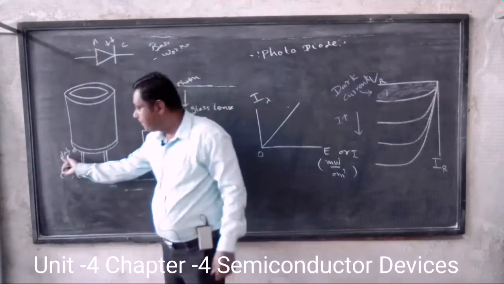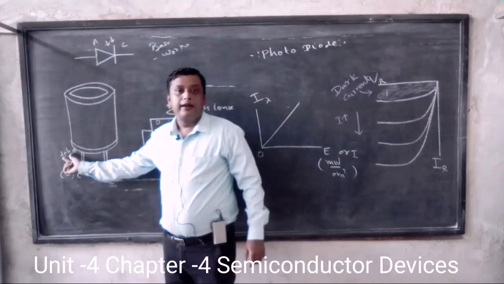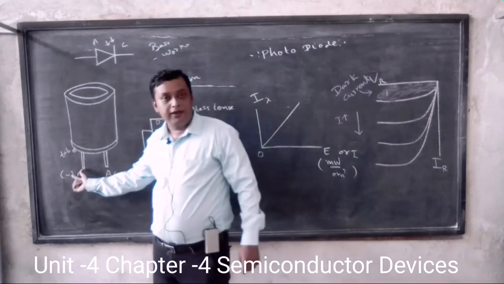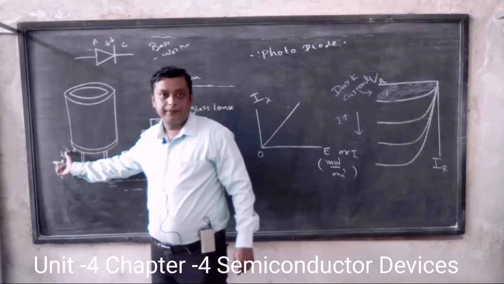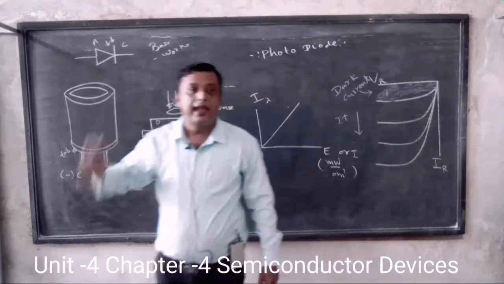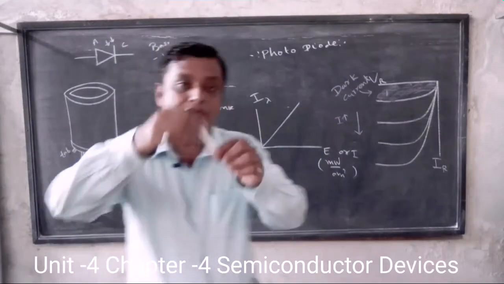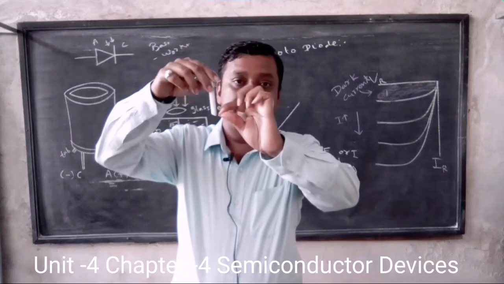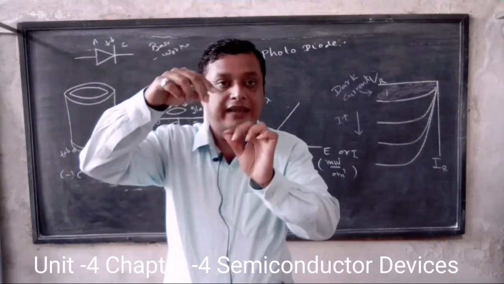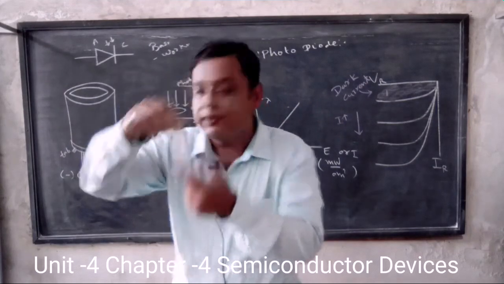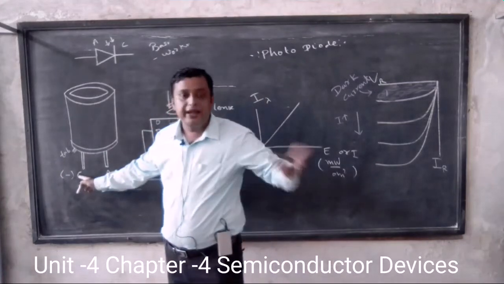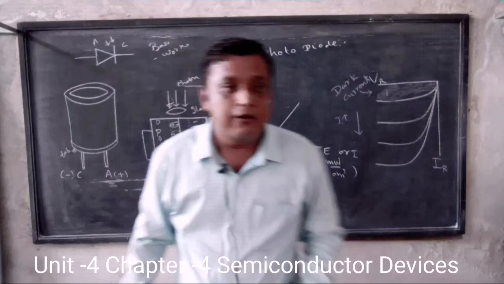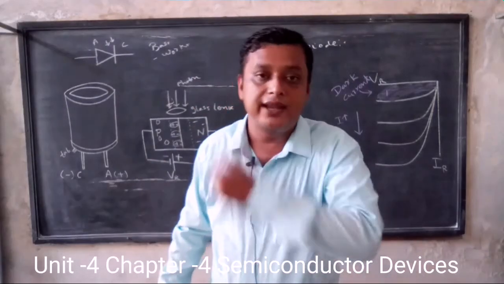This is a tape. The cathode is always nearby the tape, and the remaining terminal will be the anode. For example, if I have this photodiode, there will be one tape, and the terminal nearby the tape is known as the cathode. The remaining terminal will act as the anode. The dimension of the photodiode will be only 2 to 3 centimeters.